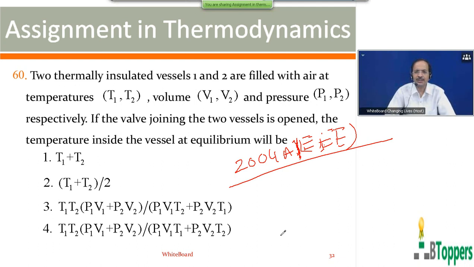So in my next class, I will be showing the last part of the assignment in thermodynamics. I will be showing one more assignment in thermodynamics. In my next class, I will be showing the questions numbering from 61 to 90. That is another 30 questions. So in the next class, I will not be discussing the questions, but I will be just showing the last set of questions in the assignment in thermodynamics numbering from 61 to 90. And I will be also showing you the answers at the end of the assignment.